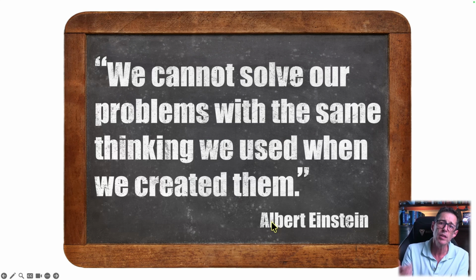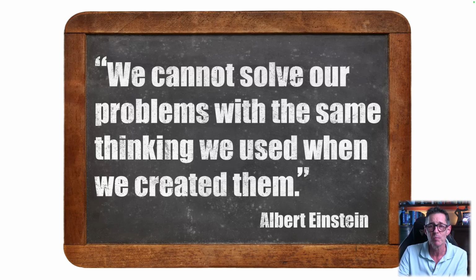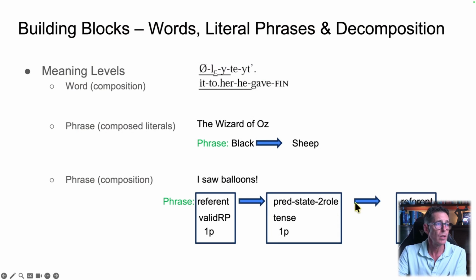And so I'd like to think of what I'm now going to show you as the problem of science that Einstein was recognizing. You can't solve problems with the same thinking we used when we created them. I don't think that's quite the real quote, but it's good enough for my purpose here. The point being that we need to think differently to the thing that we're thinking about when we get the problem in the first place. So let's have a look at this again.